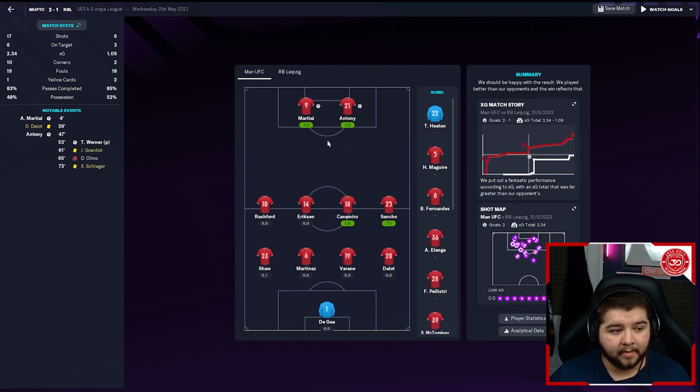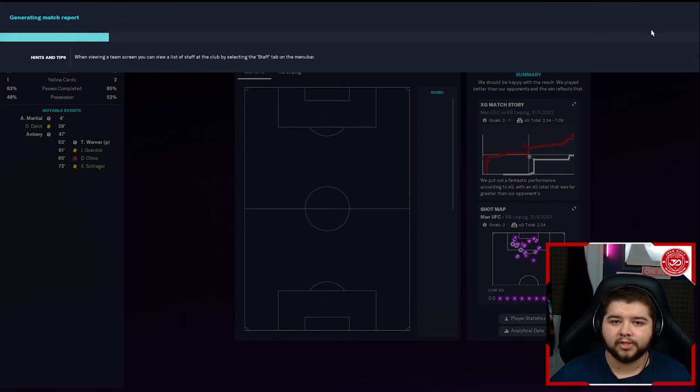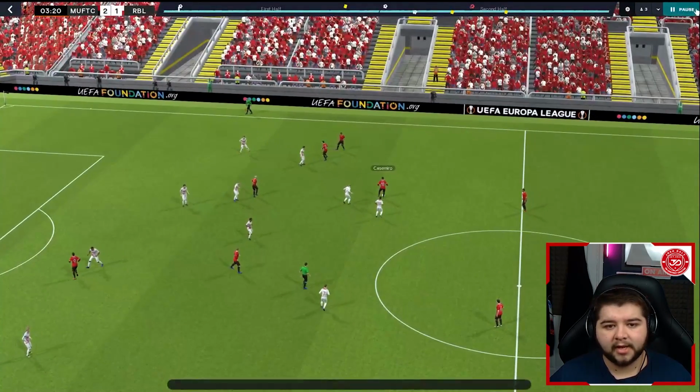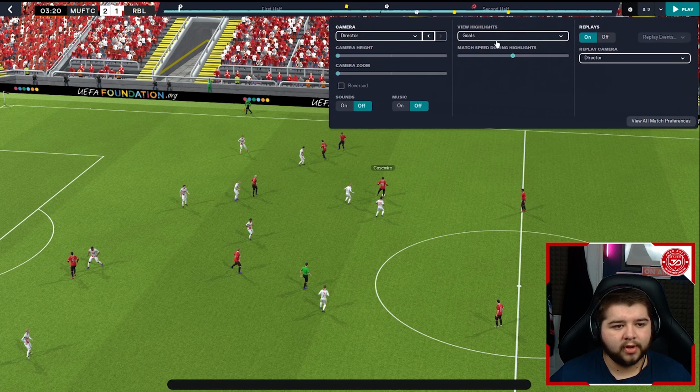And obviously our assistant manager lined up with De Gea, Dalot, Varane, Martinez, Shaw, Rashford on the left this time, Eriksen, Casemiro, Sancho, Martial, and Antony. So Antony actually playing up front ahead of Rashford in some games. I don't know why that is, but I have seen it before, so it could just be a tactical decision. Obviously, I do holiday simulate these games, so we can see some pretty wacky stuff sometimes. We'll go ahead and actually watch this though. So we'll go into, where is it? Let's go into